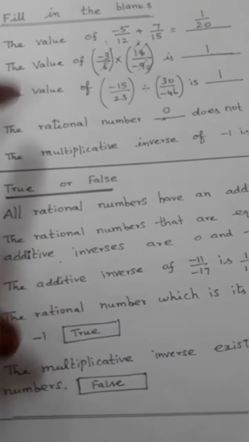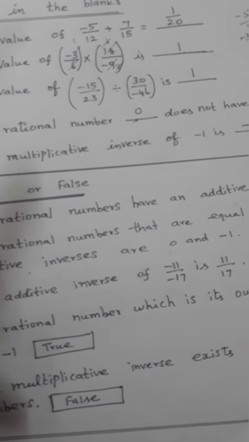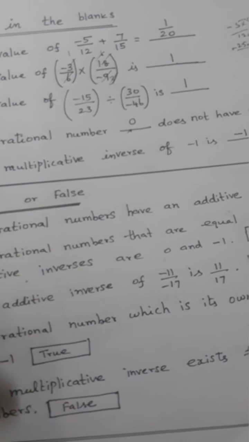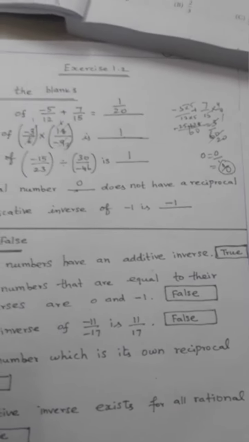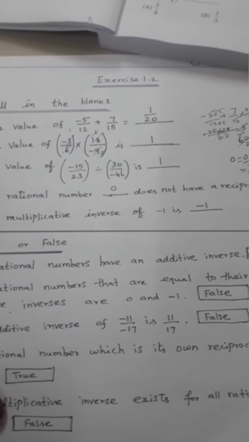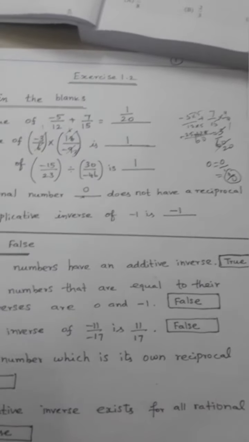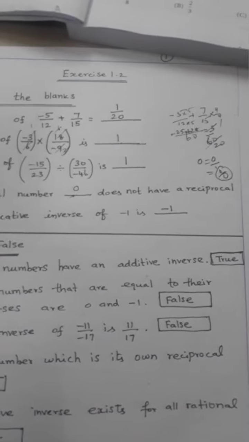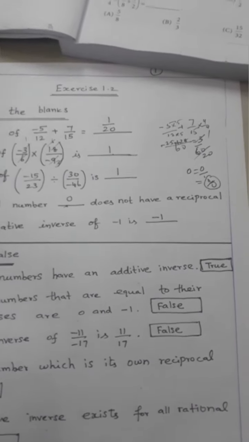In the new syllabus, from 1.2, this is given as filling the blanks, true or false. If you have the book, write the answer in your book. If you do not have the book, write the answer in your note. Okay, filling the blanks, I will send the PDF. Next, I go to the sums. Sums I will say and give. You can do the homework only by watching the full video. Whatever I am teaching, that sum I now give as homework.